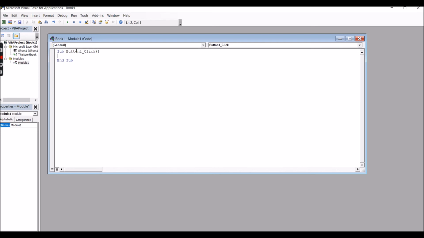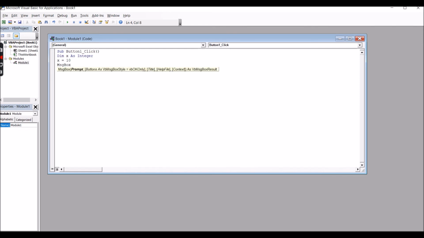After that, what you need to write? Dim X As Integer. After that, in that X you will have to assign some values. After that, in the message box, this is a message box.